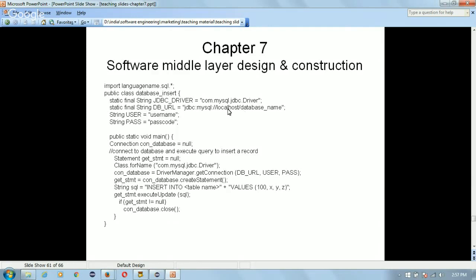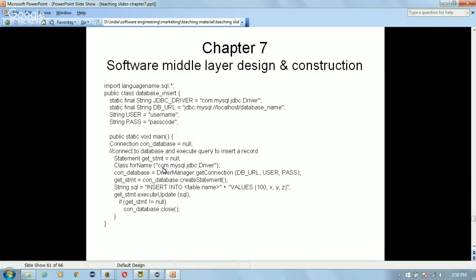So the schema for the database is located at this place, and how to connect to this database. So some username and password you can enter, and then you can do the actual task of database manipulation. So in this method, we can have a main method, and there we will first of all reset the database connection if some connection is already there. So we make it null, and then if you have some query, so where you store this query, again you make that string null, and then